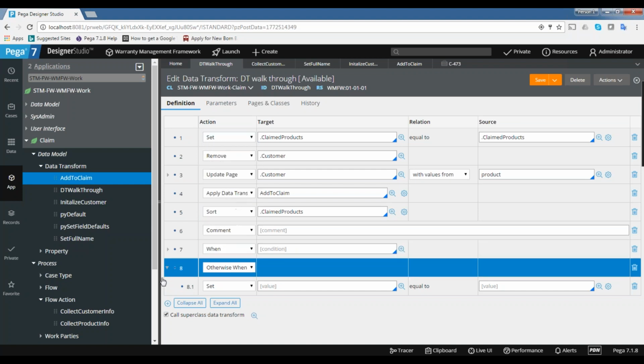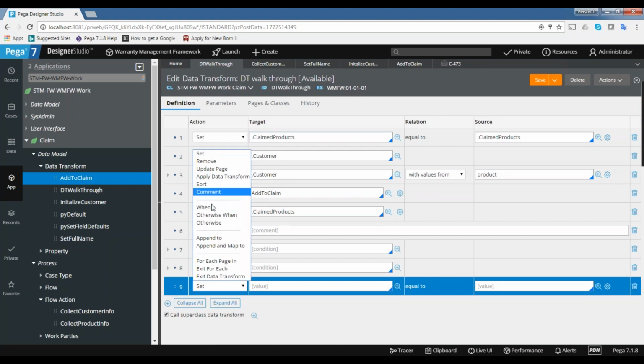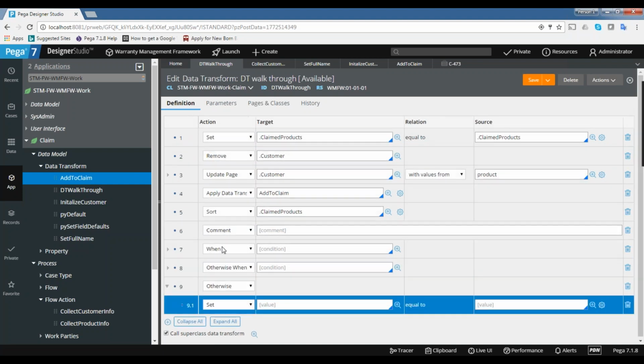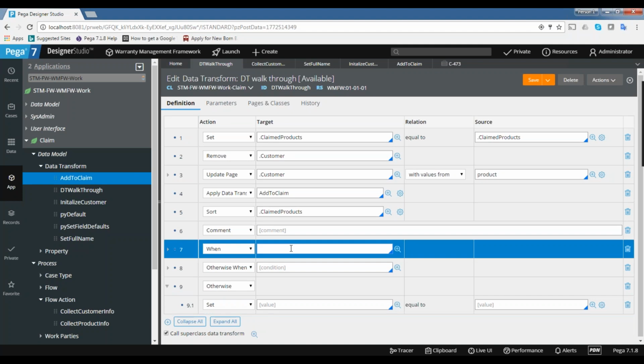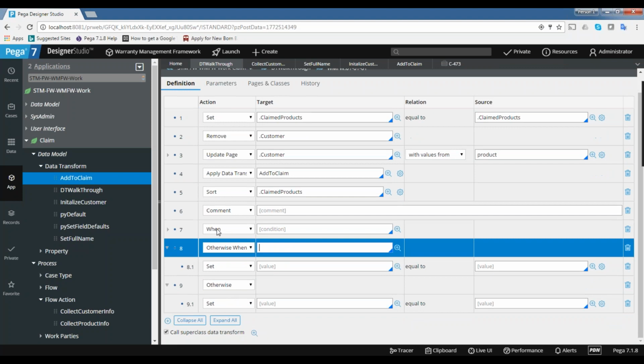Then you can write one more otherwise. This is if, else if, and then else. If this is true, this will be executed, and these two will be skipped. And if this is true, okay, this will be skipped.